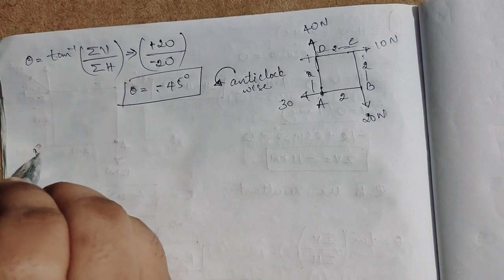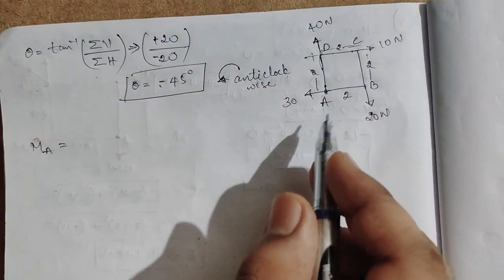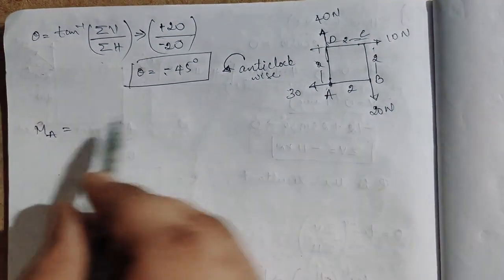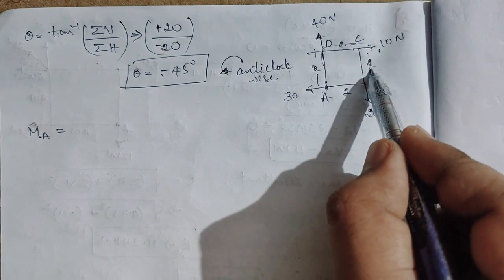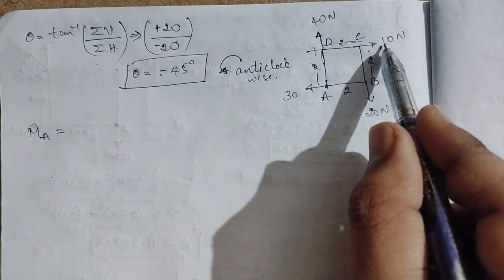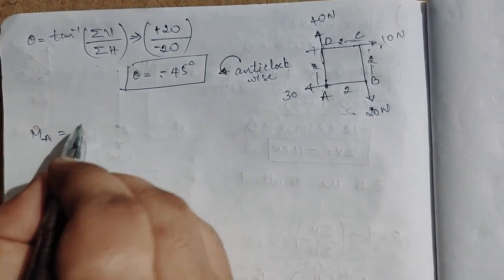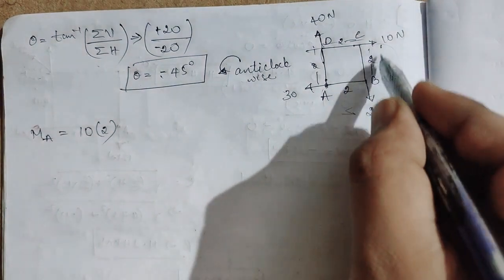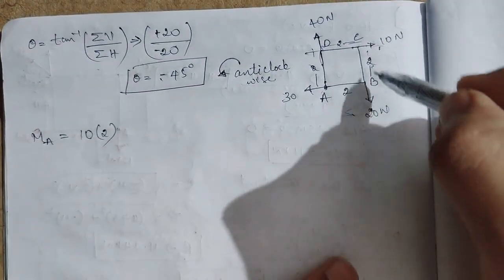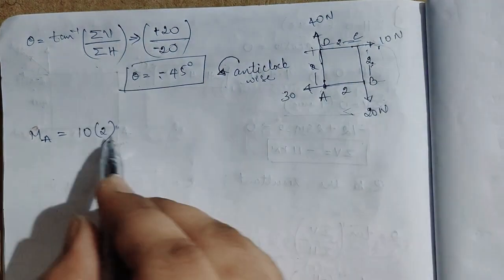We have to find the moment about A. So what is the moment about A? I'll take the first force, that is 10 Newton. So 10 Newton into 2 meter distance. This 10 Newton will do a clockwise movement. So I'll take positive 10 into 2. So perpendicular distance is 2, right? 2 in the plane A. So 2 is the distance. So 10 into 2.